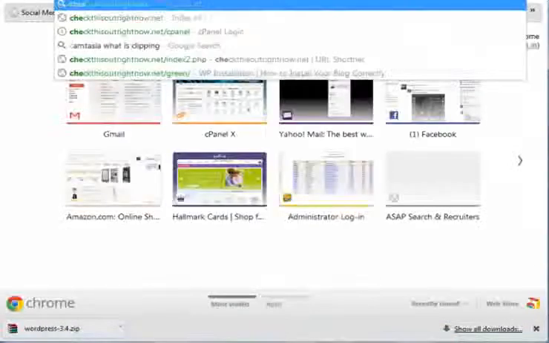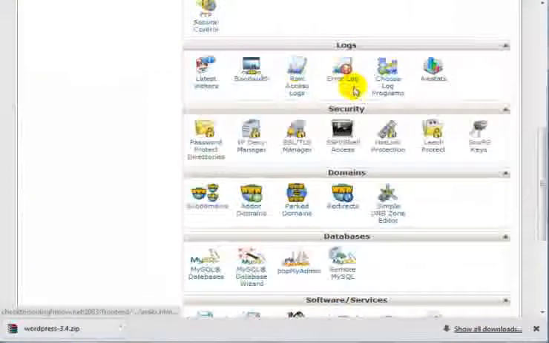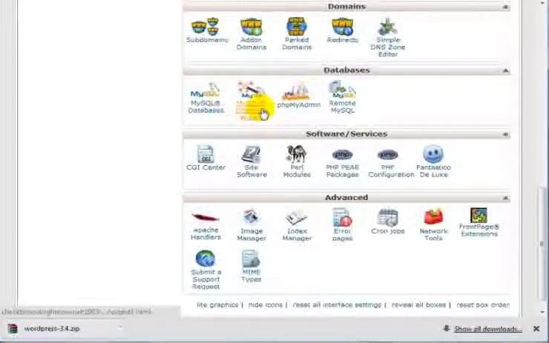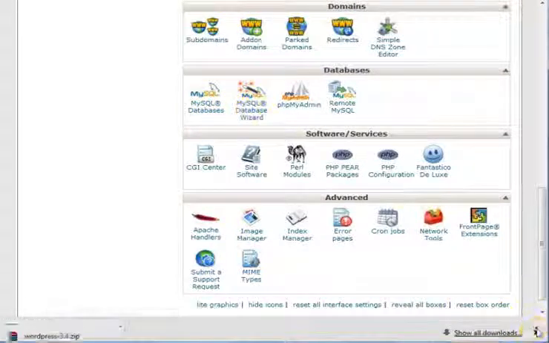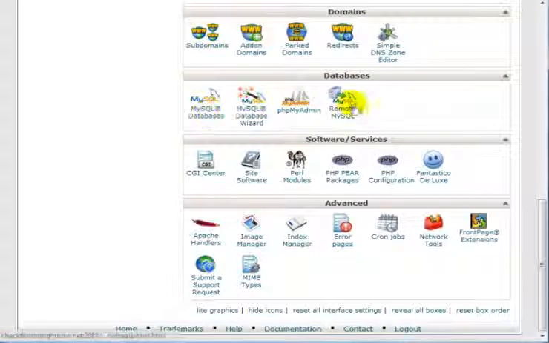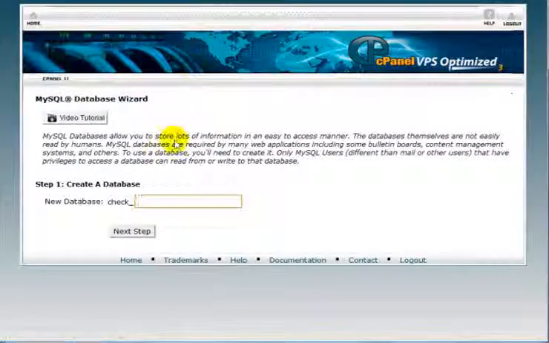In this case, I am using cPanel. So what I need to do with cPanel is scroll down and find where it says MySQL Database Wizard. Like I said earlier, if you're using Plesk or any other type of web hosting panel, you should see something that says create MySQL databases. And if you don't, you can always contact your web hosting company. If I click on this here and I enter, let's say, funny t-shirts 2, click on next step,